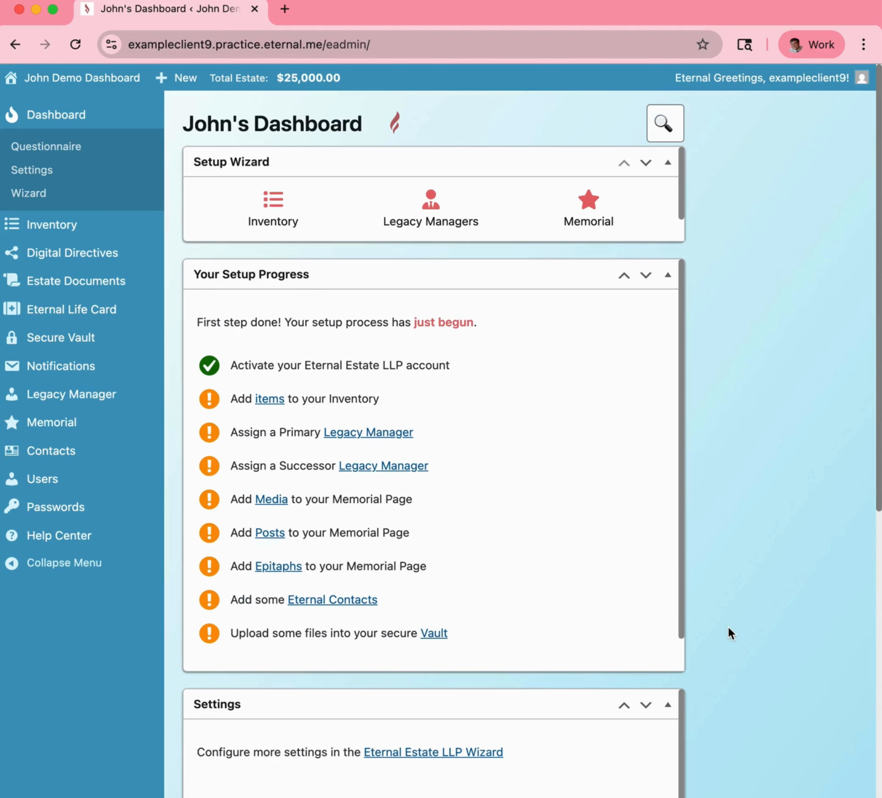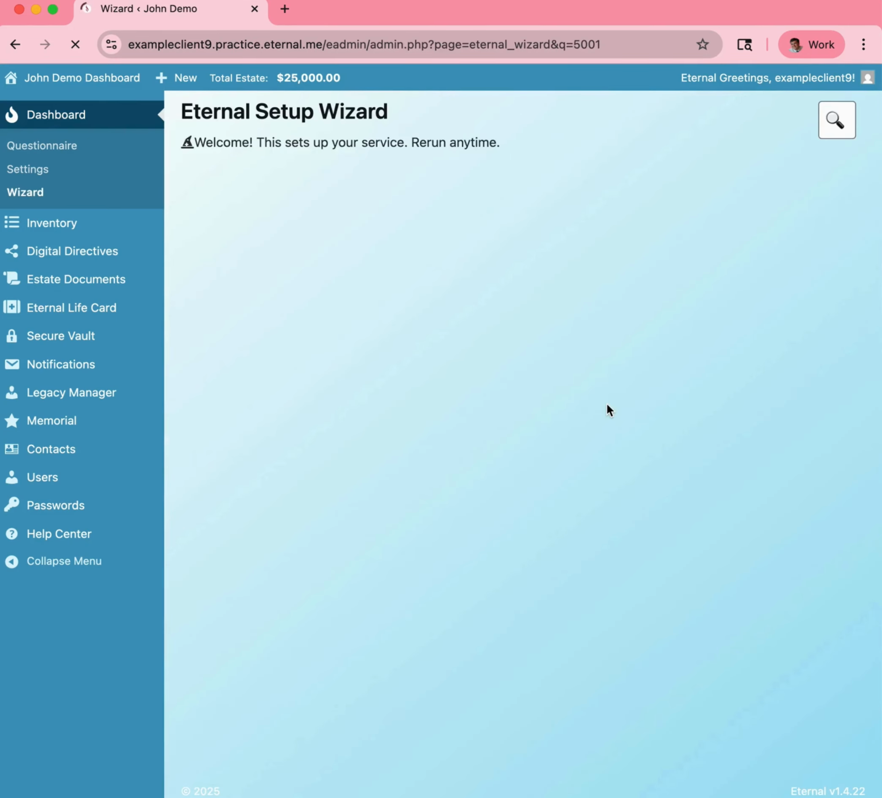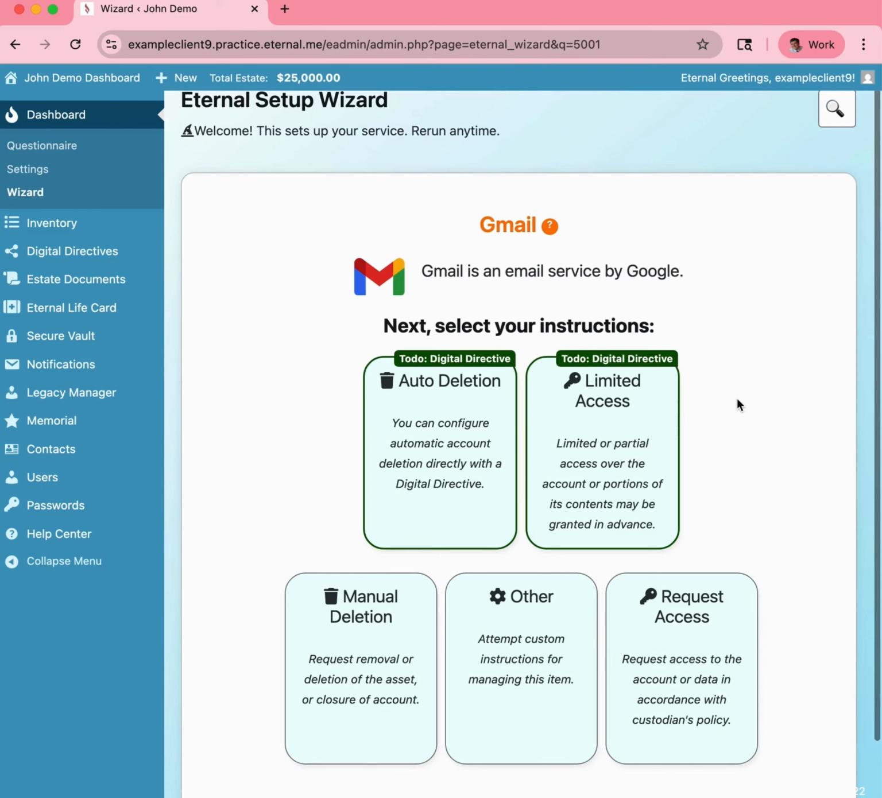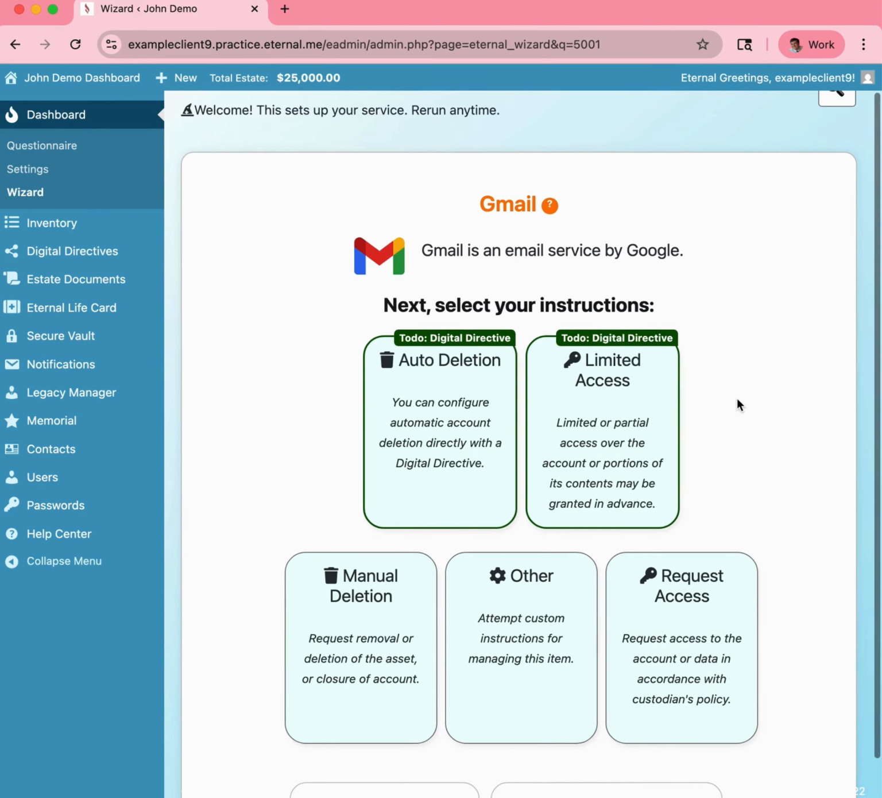Next, we'll take a deep dive into how to configure your wishes for Gmail. First, let's jump straight to the Gmail account entry by typing Gmail in the quick search bar and clicking the link. Now in this case, Gmail is one of the rare providers that gives users an online tool as an